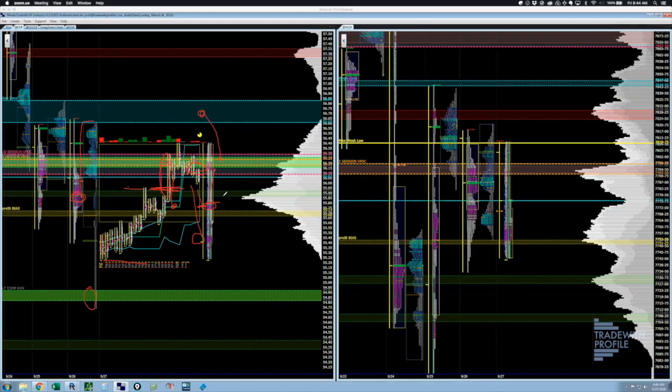So part of what happens when you have a plan, you're understanding where you are in the auction, and then you have specific setups that you look to exploit within that larger context. The setup that we exploited today was what we call an IB extension go with, where we're looking to go with the extension. Now, I would tell you, if you did not have buy stops at the high, you were not in this trade. There was no time to get in. It literally was like boom, and we took off.